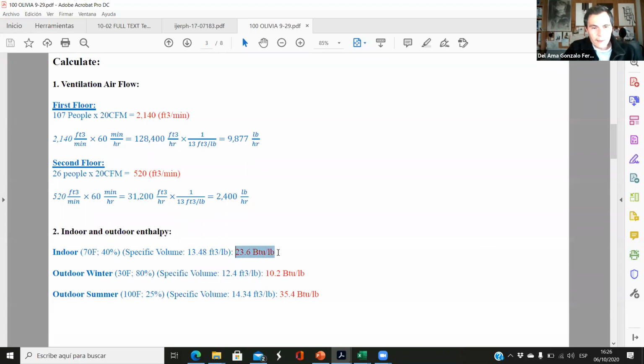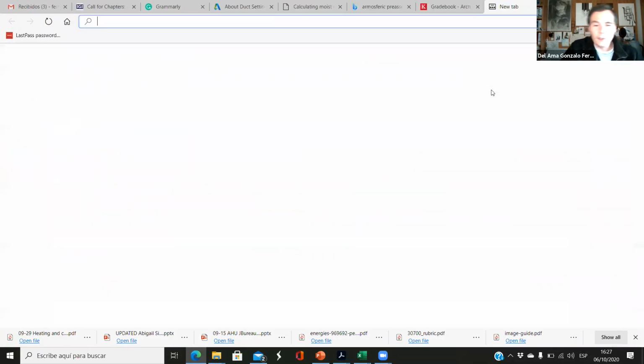And then we have to calculate the specific volume, which is always around 13. This is 12.4, this is 14. Between indoor and outdoor conditions in winter, we are around 13. So this is 12.4 or 12.5, and this is 13.5. So around 13 goes well. But we have to calculate the indoor and the outdoor enthalpy. So we have to open